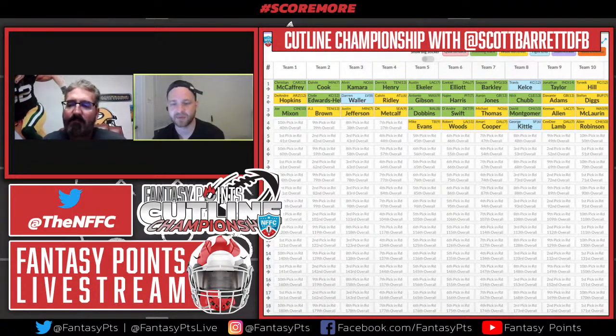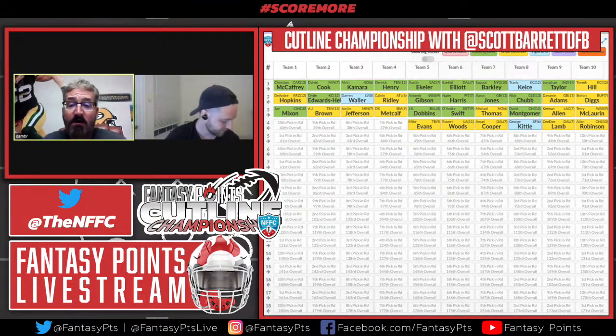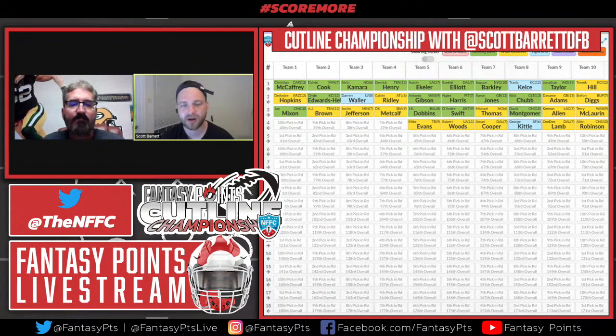Love CeeDee Lamb, but I'm not going to take CeeDee Lamb above Amari Cooper. He has been going ahead of Cooper in most drafts here. In fact, he went 32 here, Cooper goes 34. So Lamb is definitely going ahead of Cooper in NFFC drafts. Yeah. Looking at ADP in NFFC drafts,